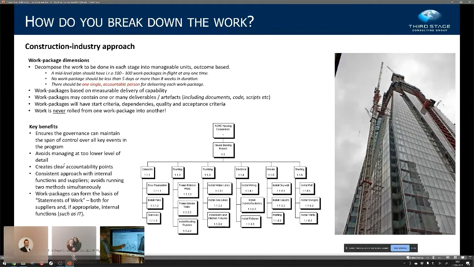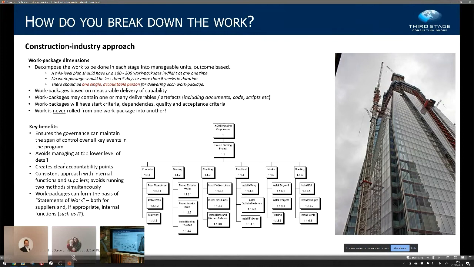Make sure that there is a work stream leader in charge of every key channel of the program. Make sure that there is a phase or wave manager responsible for every wave or phase of the program. And make sure that when you're defining these work packages, they are in reasonable durations of time. 2 weeks to 8 weeks is a good range. 1 day or 9 months is not a good range for an individual work package.